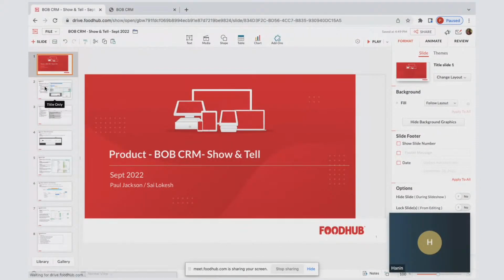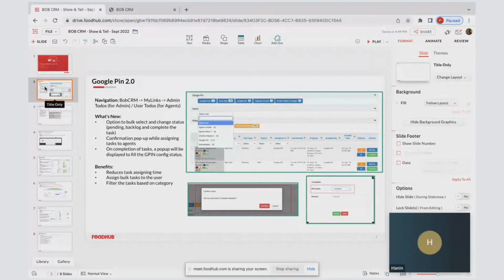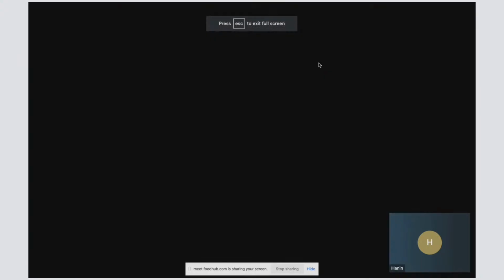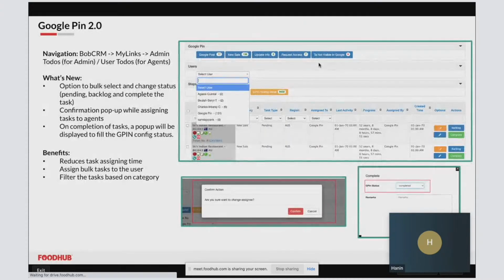Hi, I'm Paul. I'm going to share a few updates from the Bob CRM end. Let's start with the GPIN 2.2 enhancement. We have now introduced a bulk select option, and here you can bulk select the tasks and change their status. The status would be pending, backlog, and complete. You can bulk select like 10 or 20 tasks and then move them to a particular category like pending or